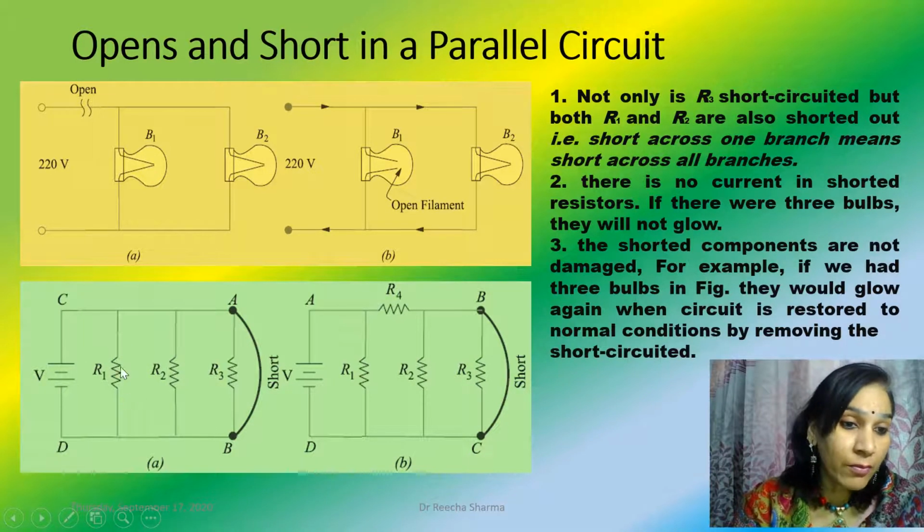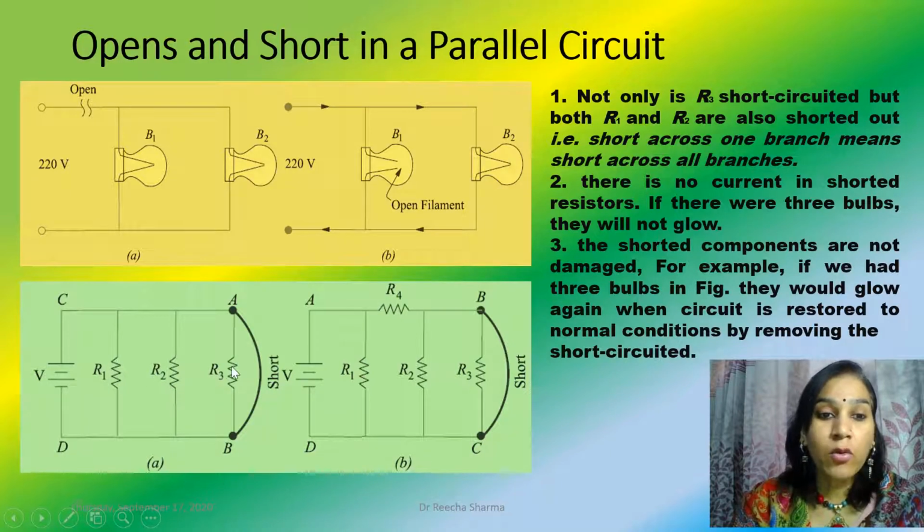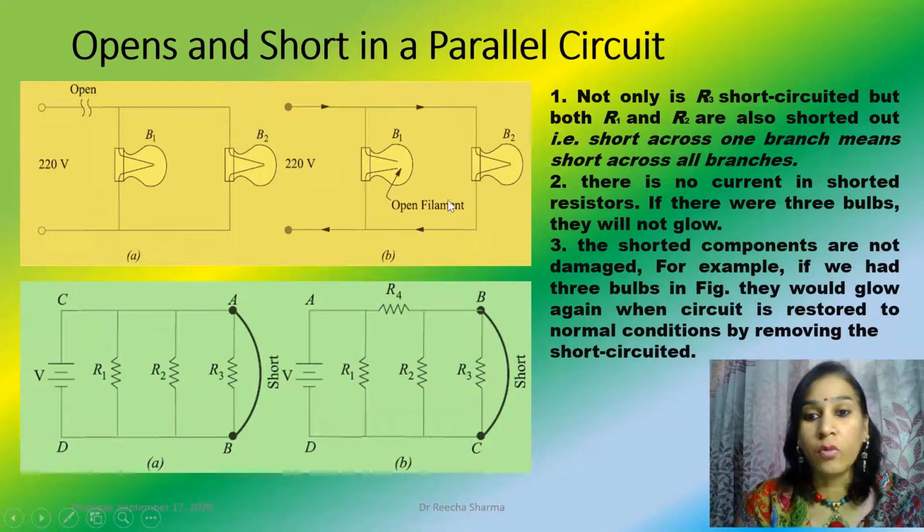If we have bulbs B1, B2 and B3 and we short the circuit, none of the bulbs will glow. But in case of an open, the other bulbs will glow. Meaning if this is open, then the second bulb will glow. But the shorted components are not damaged.